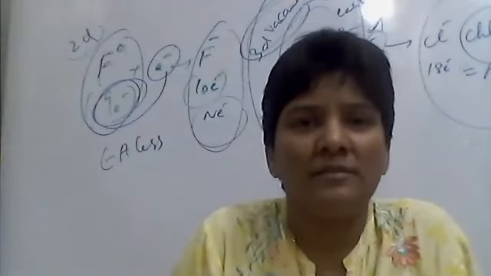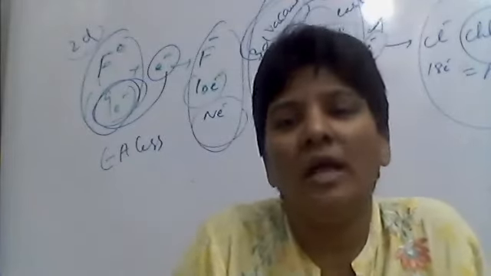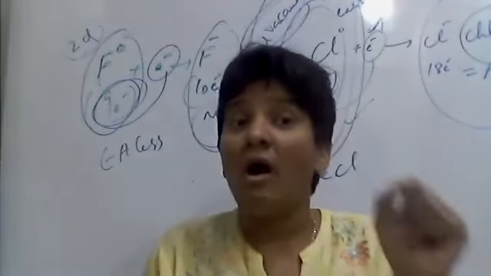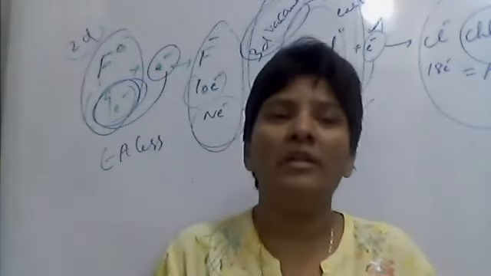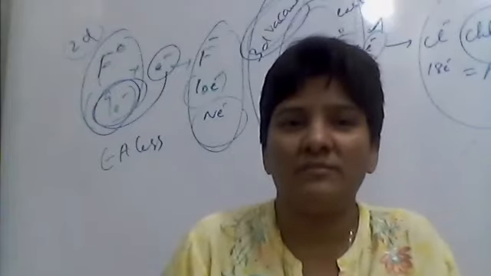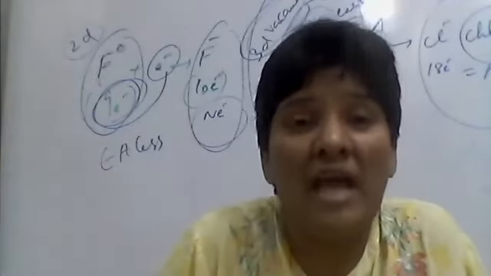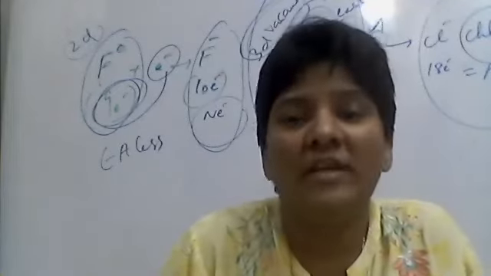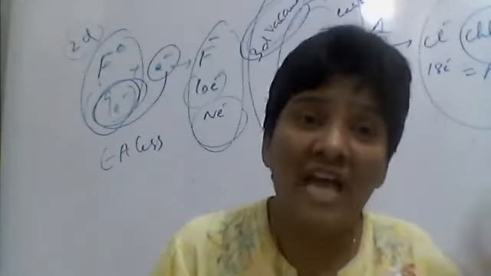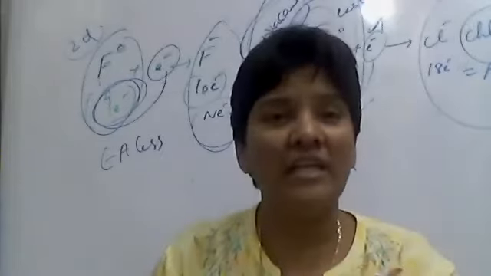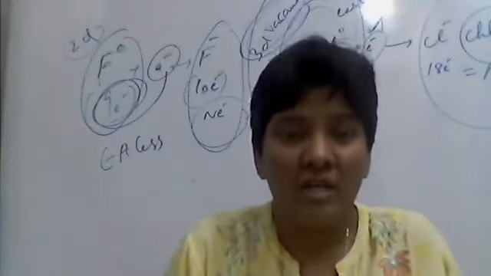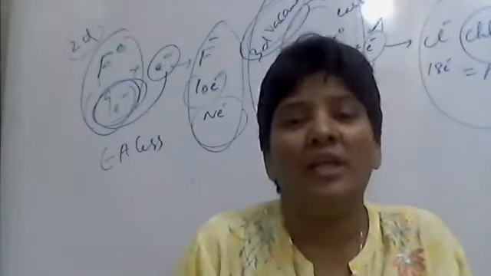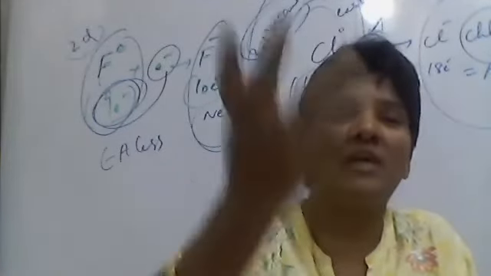Transition elements. What are transition elements? These all are D block elements. Remember, all the transition elements are D block, but all the D block elements are not transition, because the D block elements may have completely filled or partially filled Ns and N-1D level, but transition elements must have partially filled N-1D and Ns level. Because of partially filled N-1D and Ns level, they show transition, movement of electrons,